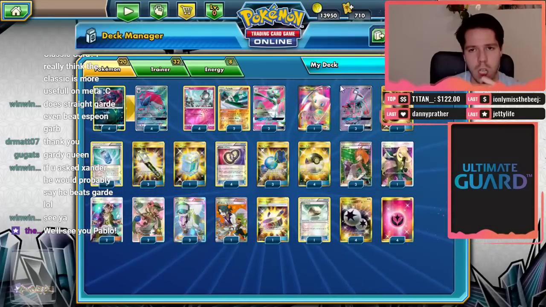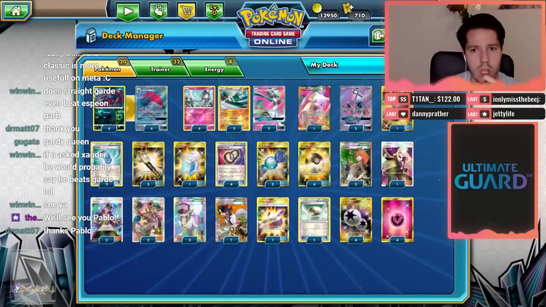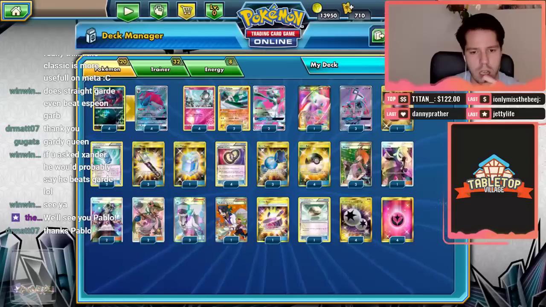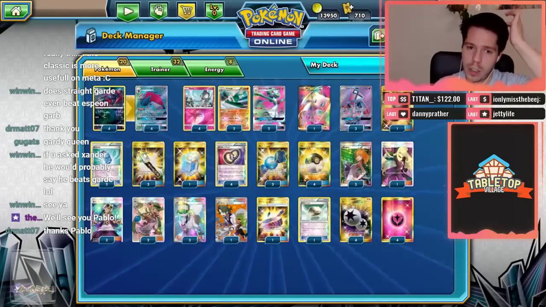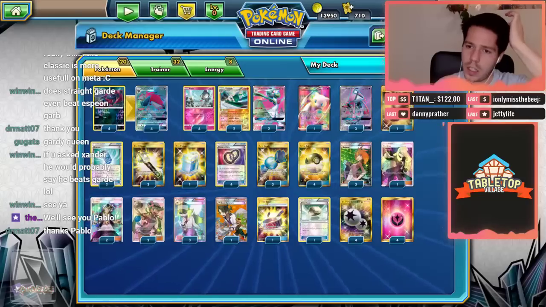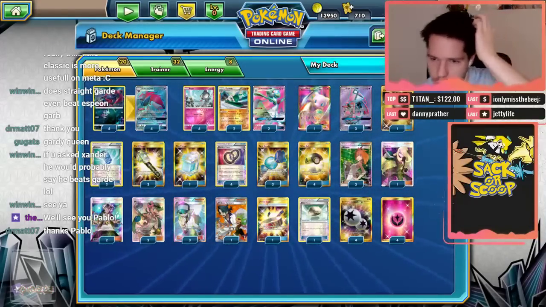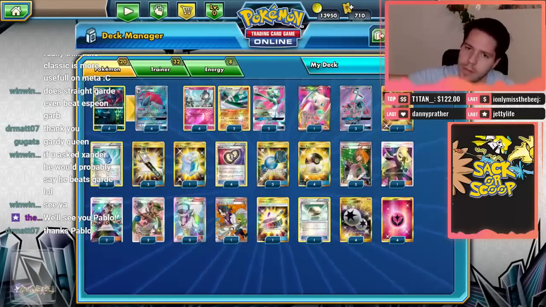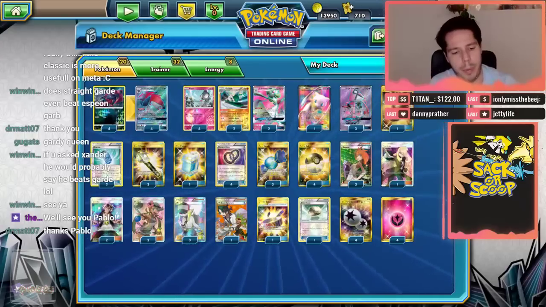Tablemon! Oh my gosh, 50 friends and the host, thank you! Oh my gosh. Oh, okay, I'm sorry. Hi, thank you for the raid. Hi. Hold on, I need to scroll down. Rosso! There's so much chat happening, I need to...